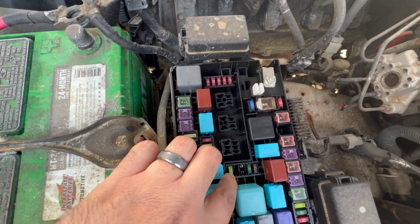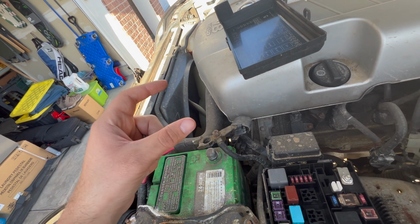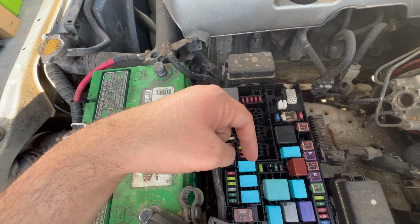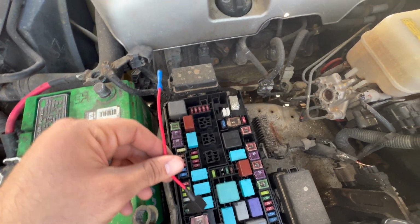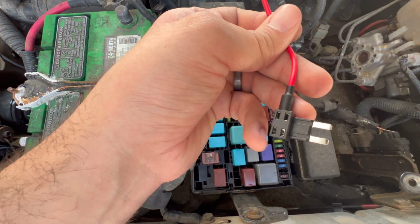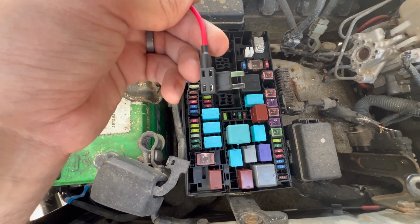So I'll hook it up here, take the wire from the passenger side, driver side, go 2 to 1, connect it to the fuse tap, and then do that. Here's what the fuse tap looks like. So you've got this, with a crimp connector on this side, and so this easily fits right here. The bottom is the fuse that's in here, so the 20 amp, and then the top will be the fuse